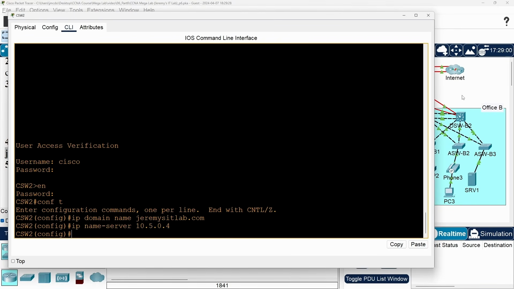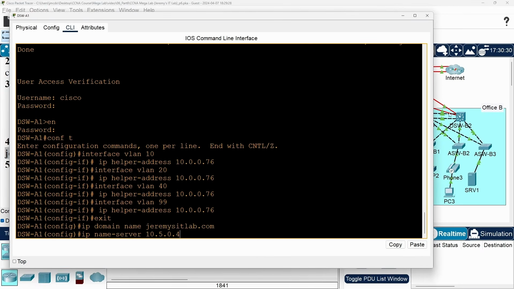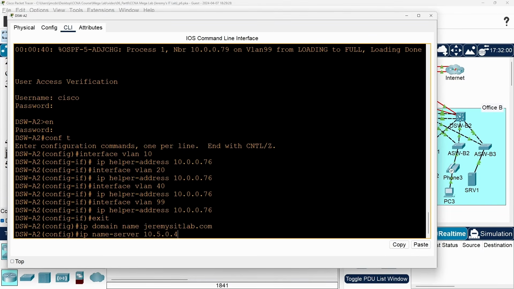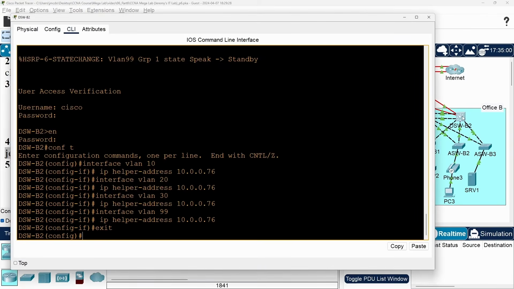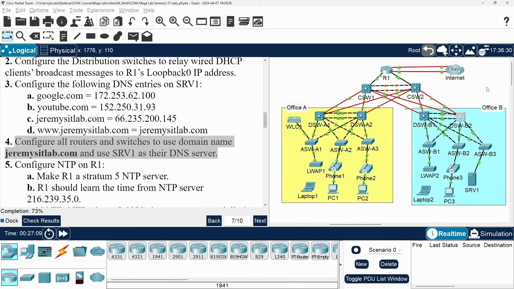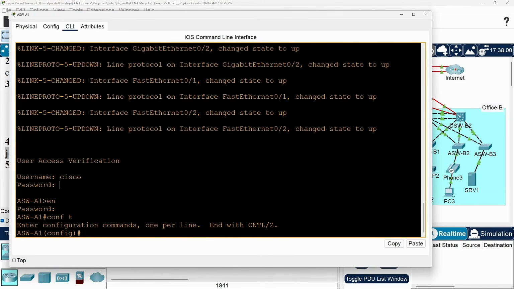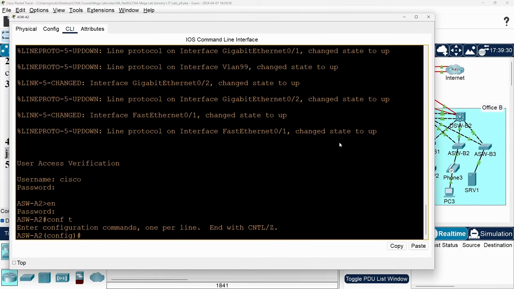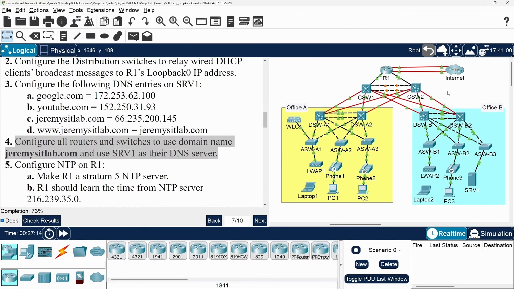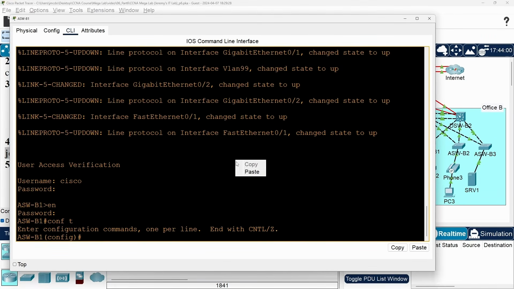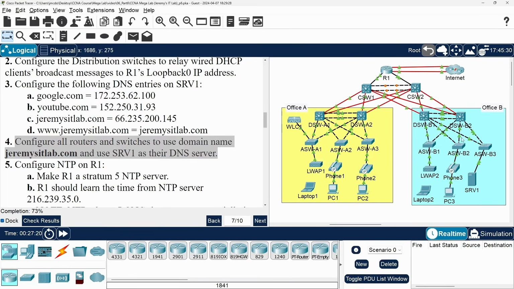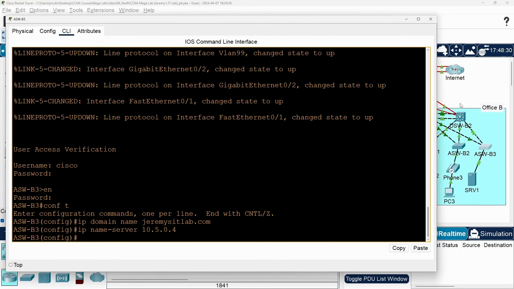Moving on to the distribution switches, D-switch A1, D-switch A2, and then D-switch B1, and D-switch B2, and then the access switches, A-switch A1 first, then A-switch A2, and then A3, and then Office B, A-switch B1, A-switch B2, and A-switch B3.